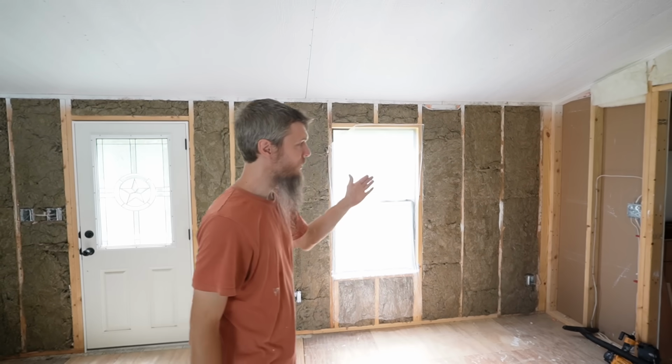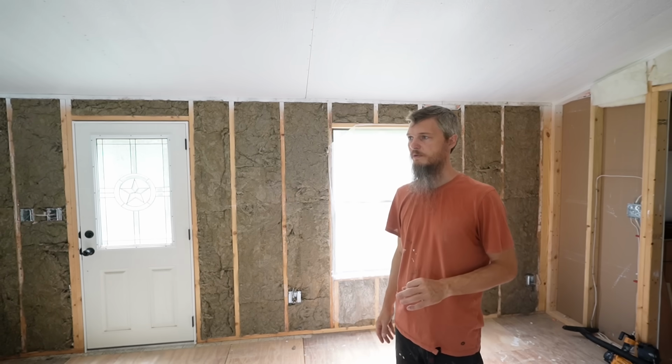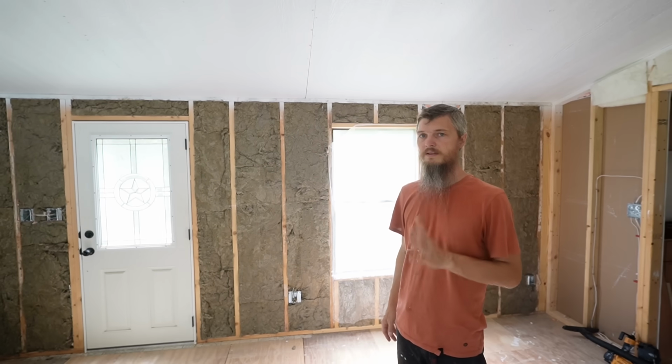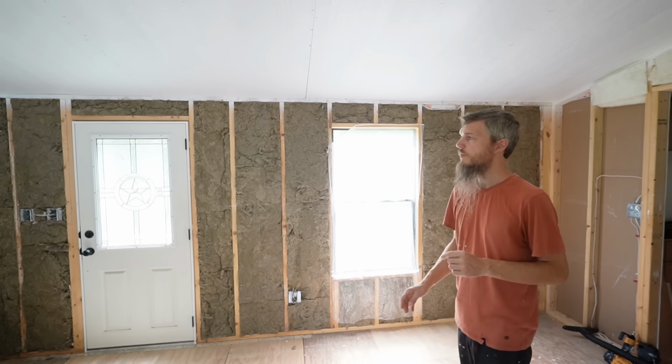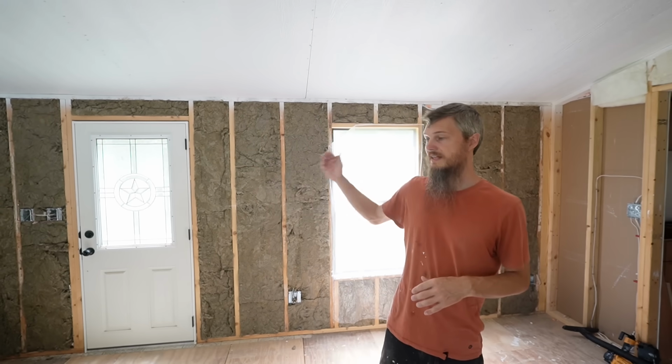We're going to try to get this whole wall done, and then we'll be 3/4 of the way done with this room. So we have 4 panels. Let's not make any mistakes. We'll get them up. We're using LP Smart Side, which is an OSB siding product on the interior of the